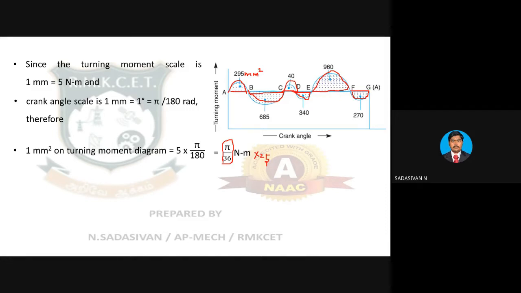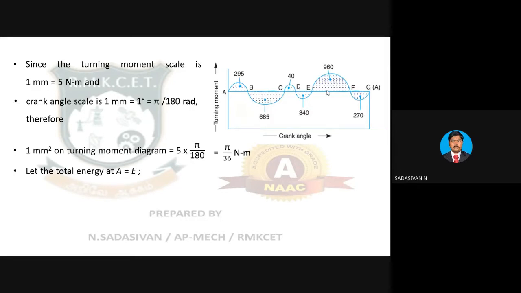Suction, compression, exhaust: there is no power input. Only the power stroke gives power; for all the other 3 there is none. That is why you are having a sudden increase in power in the power stroke. Everywhere else your power is slowly reducing. So the power stroke energy is stored in a flywheel, and that flywheel's rotational momentum is used for all the other 3 strokes of the engine. That is the reason for this fluctuation. So 1 millimeter square in the turning moment diagram tells you pi by 36 Newton meter of energy, or effective torque available from the graph.